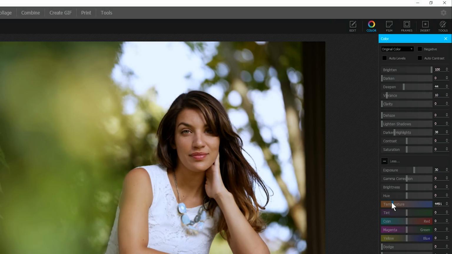So if my picture were really blue, I'd drag it to the left. If my picture were warm, if it were orange, I'd drag it to the right where it's blue there. But basically, you'll just look at the picture and kind of drag it around until things look natural. I want to leave this a little bit warm, but I think I did improve the overall color temperature. So I'll close that, and